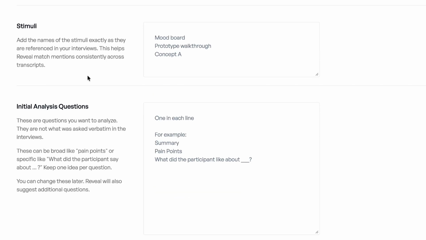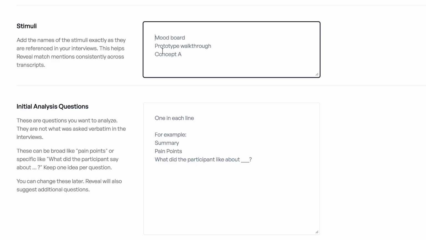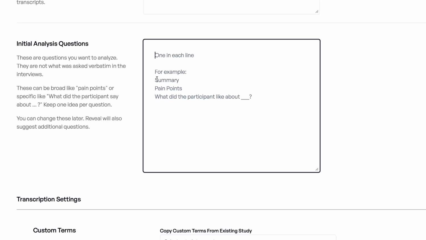If you're using any kind of stimuli, such as concept testing, you can include the names of those stimuli as referred in the conversations right here. And that way, when DoReveal looks at the data, it will understand that this is a stimuli that was being displayed to the participant. Here you can enter any kind of analysis questions, the things that you want to analyze,